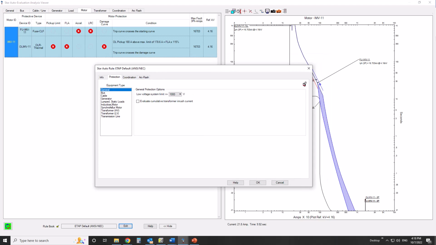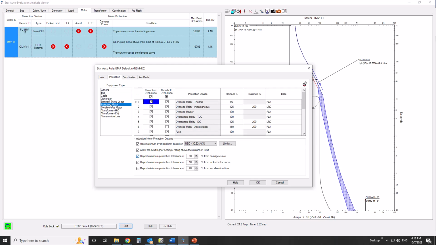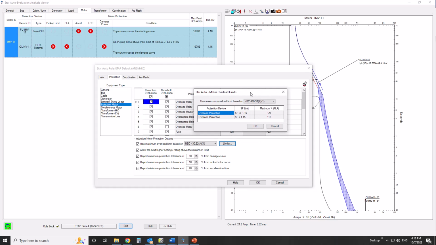Let's go to the induction motor page. So we can see this is our limit table that we use for pickup evaluation. And we have the minimum limit and maximum limit defined right here. And right now we are using the NEC rule, which is tracked right here. So we can take a look at the limits table of NEC. So since we are using the 115%, we know we have a motor with service factor less than 1.15,